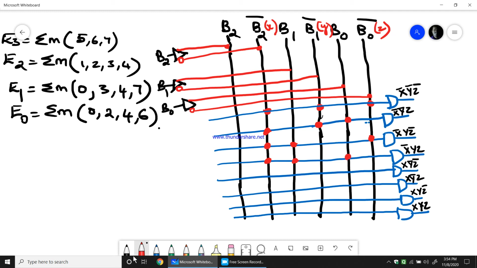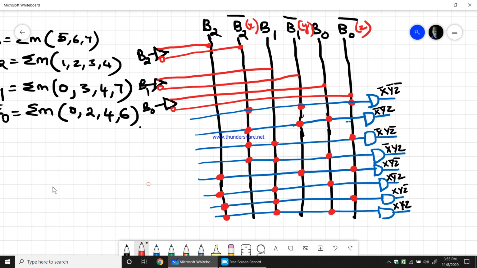Then B2, these both are bars. Then B2, B1 bar, B0, then B2, B1, B0 bar, finally B2, B1, B0. So we have fixed the AND array.